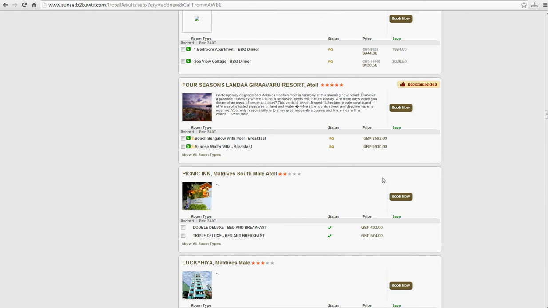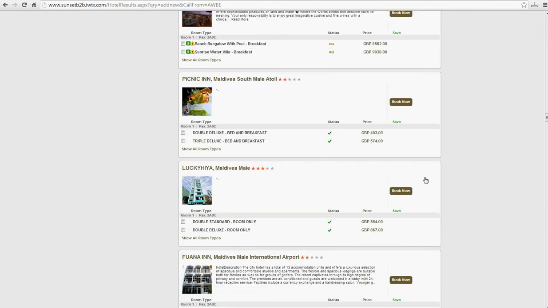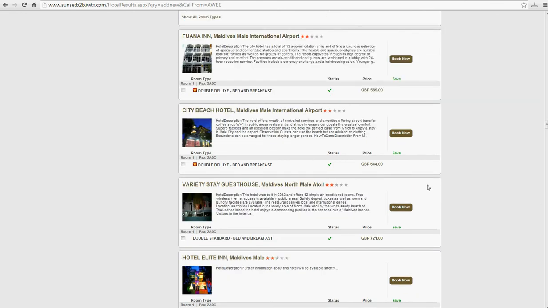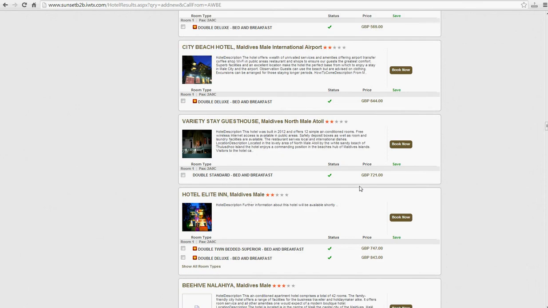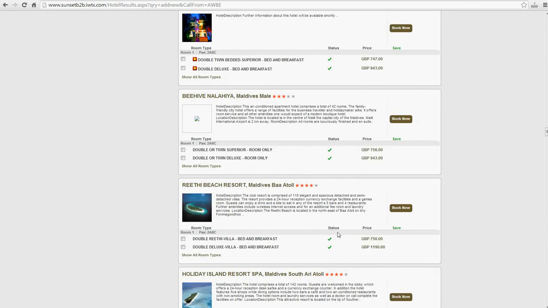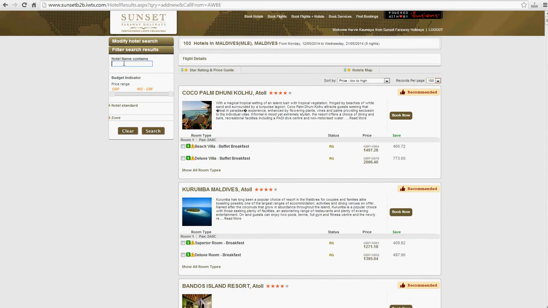Once again, we're now into the DMC type product range or bed banks, in which case there's a far larger range of product, but not necessarily those hotels that we would have vetted, but you have the option to book them. And you can see there are some hotels such as the Riti that you can also buy through our DMC, but if we go back up to the top here and type in Riti and press search,